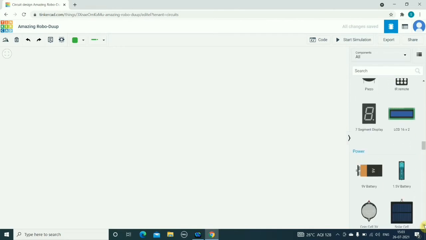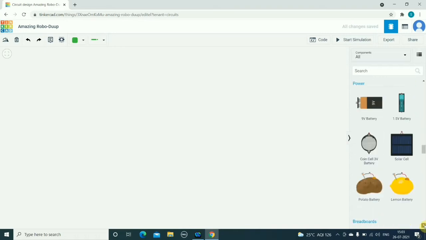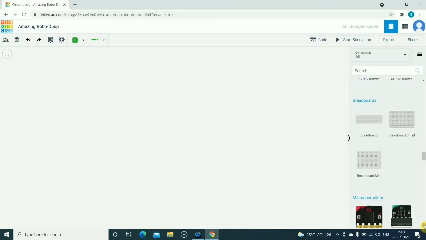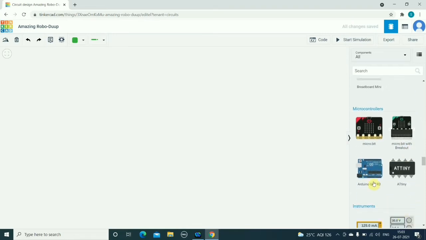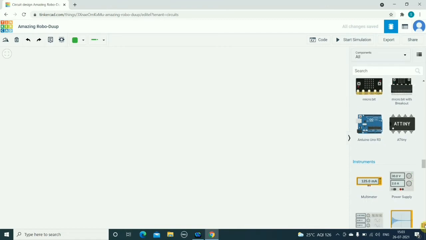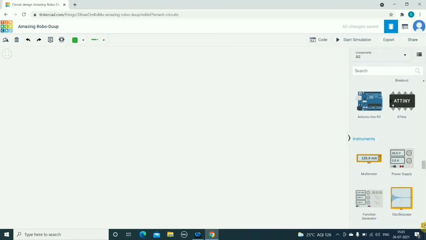Then you have different types of LCD display and LED display. You have different types of batteries like a 9-volt battery and 1.5-volt batteries. Three different sizes of breadboards are available, and the important thing is that the Arduino Uno board is also available, and apart from the Arduino board you also have two other microcontrollers.